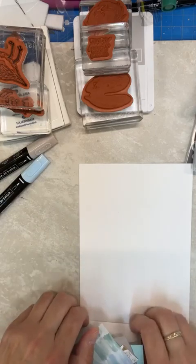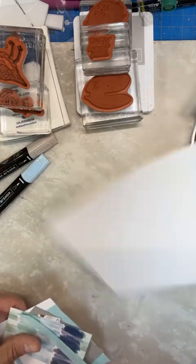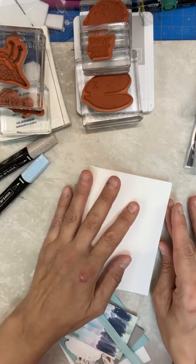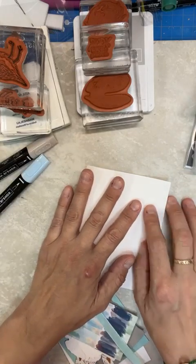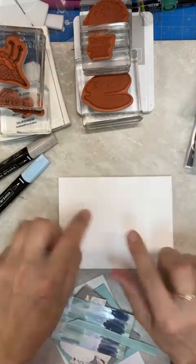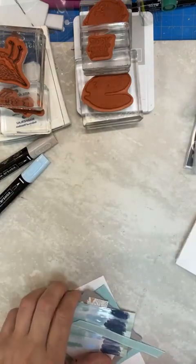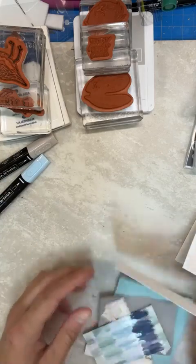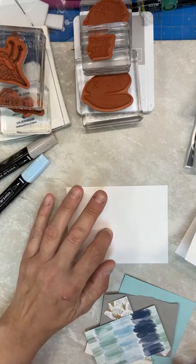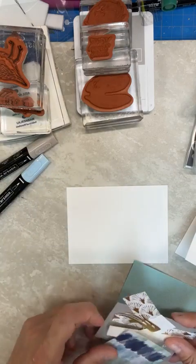So, of course, I always like to just fold my card base. This is thick basic white, and it's 8.5 by 5.5, folded in 2. We're going to keep it the horizontal way. Then you do have another white piece that is 5 by 3.25, and this is where we're going to build